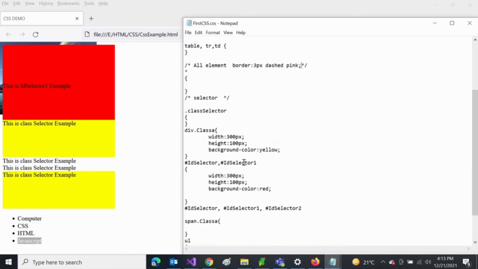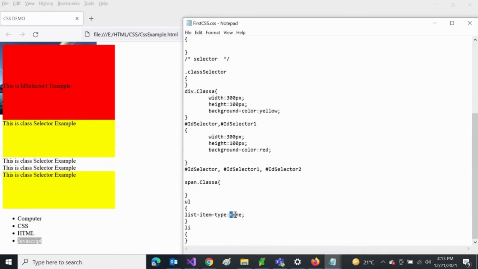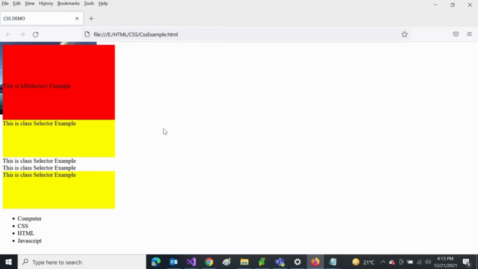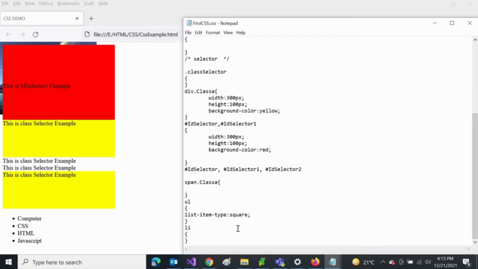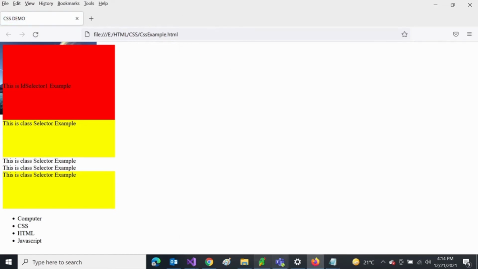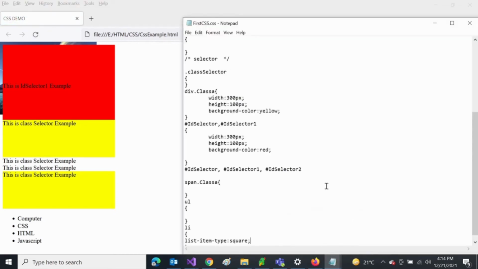Now let us go to the CSS. Let's try with square, circle, Roman. It's not working. Let's see what exactly the issue is. It seems like we have not spelled it correctly.